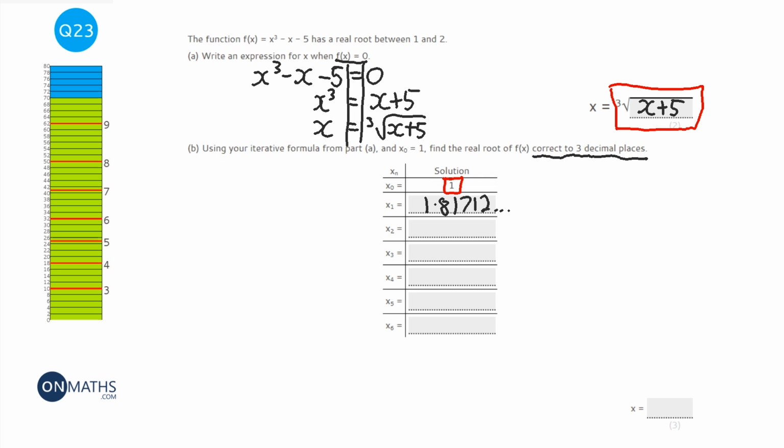The calculator will remember the answer to the one we had before. Now, if you try and round them, you will get very, very different answers, and it might take you a little bit longer, or you might make a mistake. So you let the calculator do all the remembering for you. Then I press equals, and I get